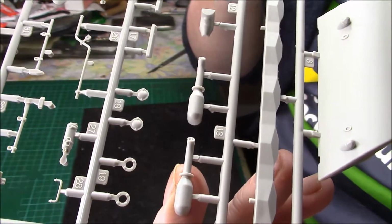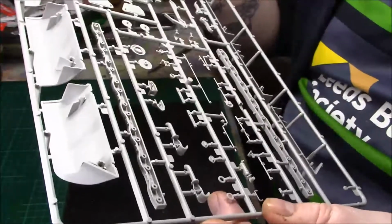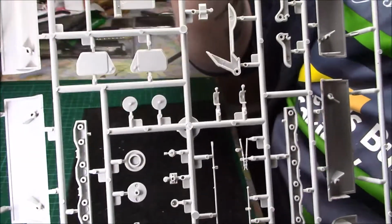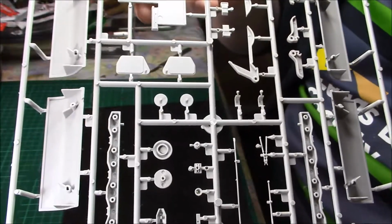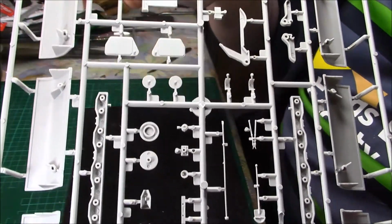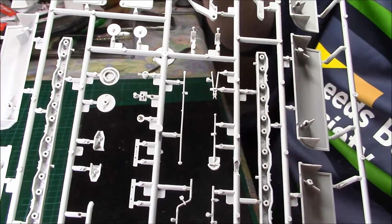Nice mouldings again, all nice and crisp. No flash, no ugly sink marks, apart from where they should be on the rear of things. And there's nice hatches on the hatches as well. There's no sink marks, so we can have them open or closed. Not great detail on there, but we can always scratch build. There's always something in the spare box that we can add to it and make it how we like, because